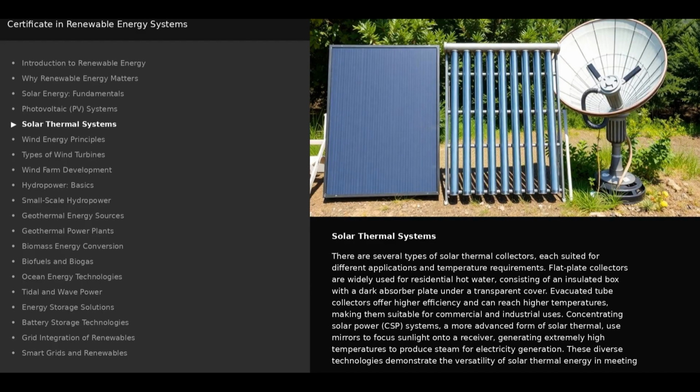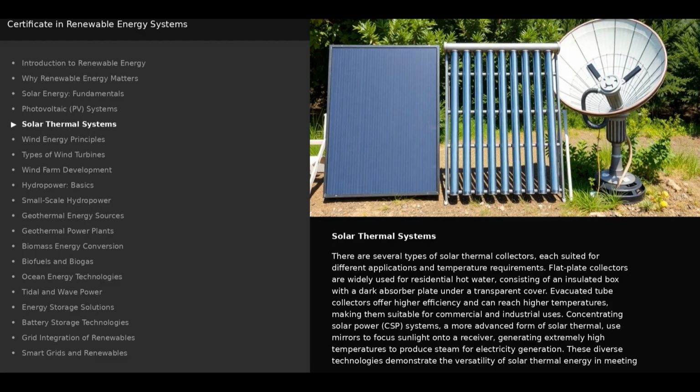There are several types of solar thermal collectors, each suited for different applications and temperature requirements. Flat plate collectors are widely used for residential hot water, consisting of an insulated box with a dark absorber plate under a transparent cover. Evacuated tube collectors offer higher efficiency and can reach higher temperatures, making them suitable for commercial